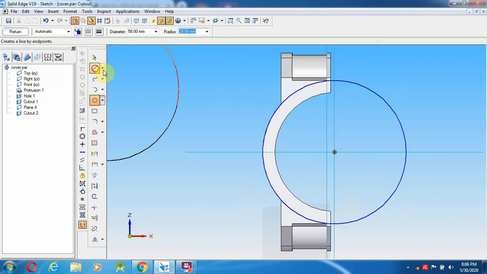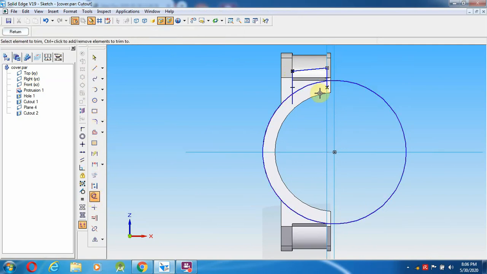Then select a line from here and make a line throughout this. Select the trim option, so this as well as this.